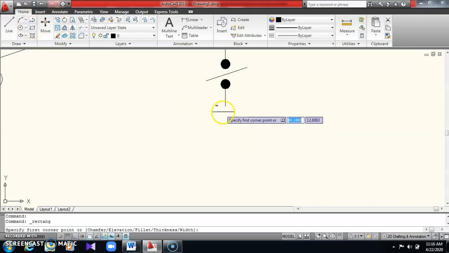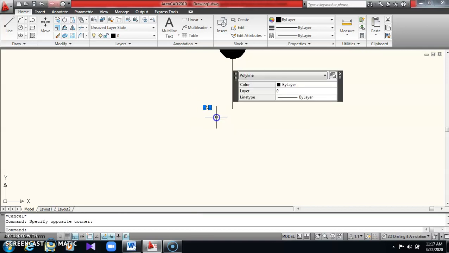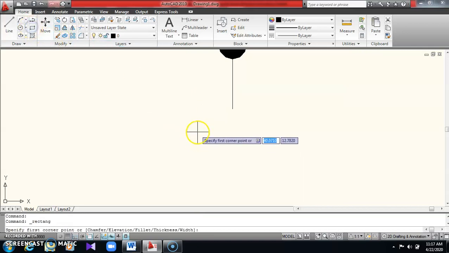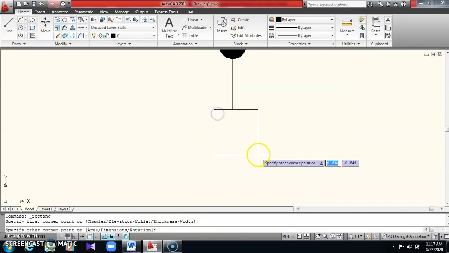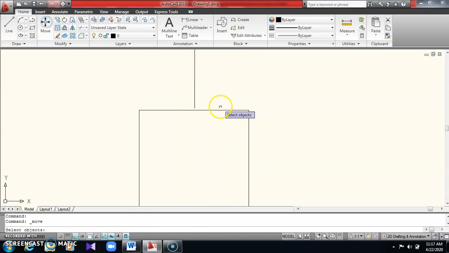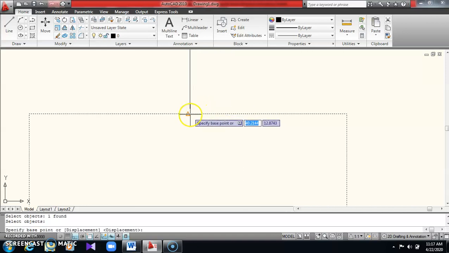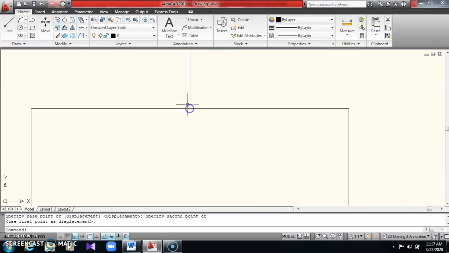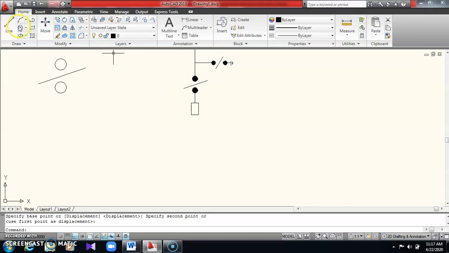Take a rectangular box, just delete this, take a rectangular box and draw more size, this much is enough, okay. If you zoom it, this is not joined, move it, join over here, okay. So now copy this.